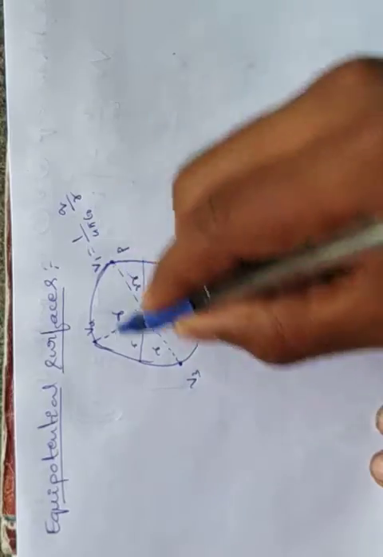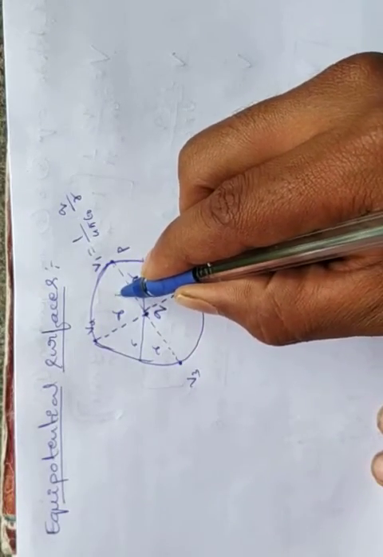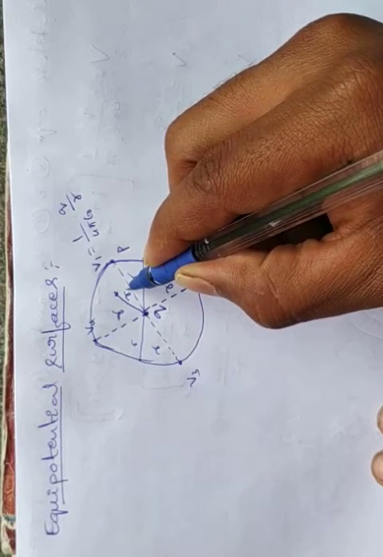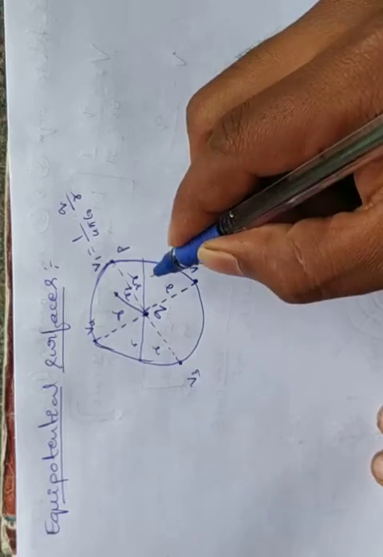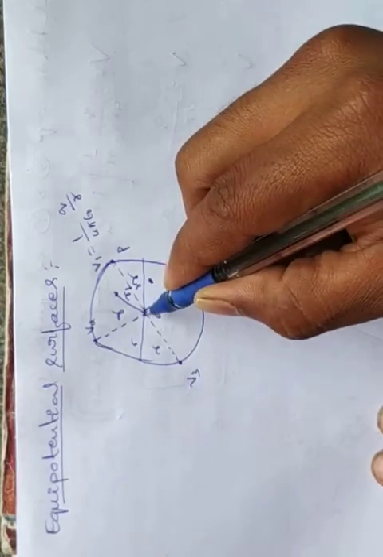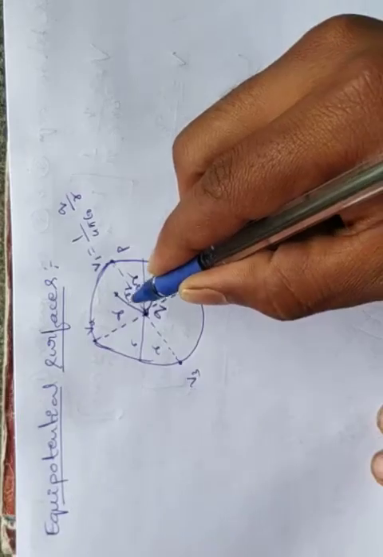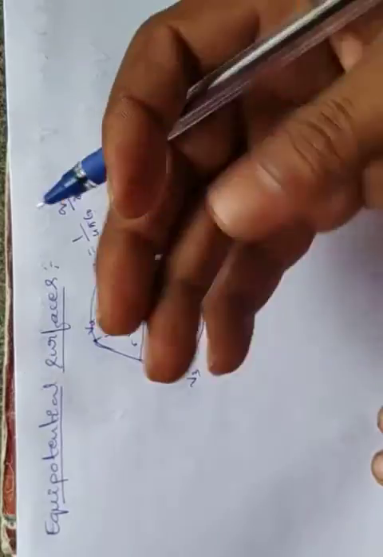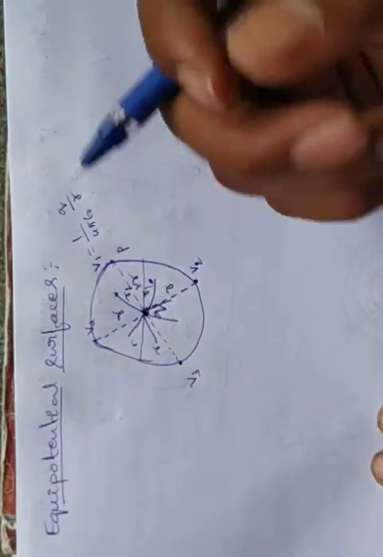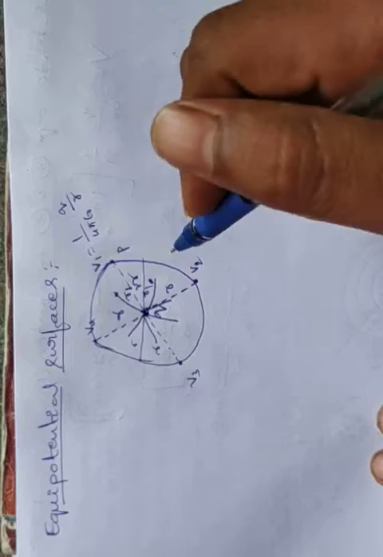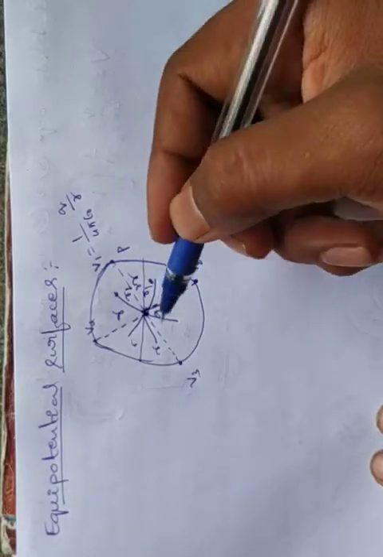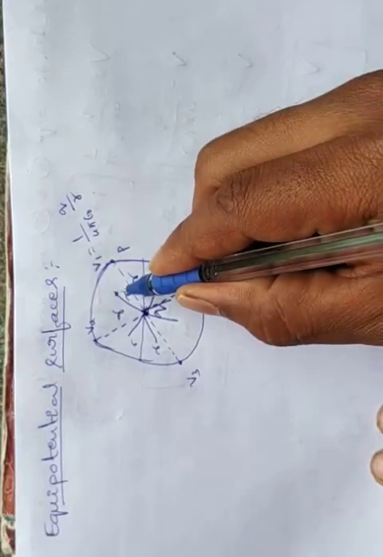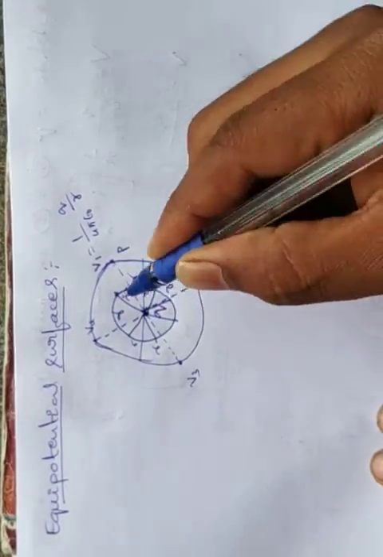Suppose I take another point here. So this is another point. It is at a certain distance, for example R1, and I take another point at the same distance R1. Like this you can find in all the directions, like a sphere in three dimensions, into the paper and out of the paper also. Again we get a sphere.